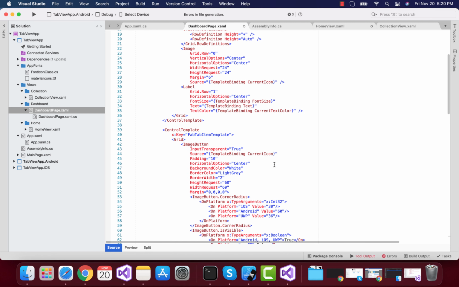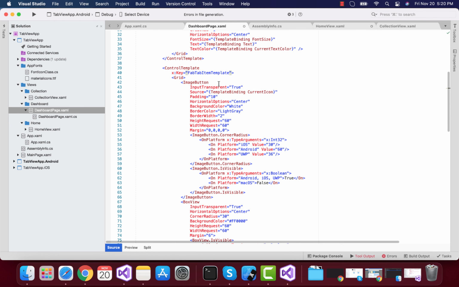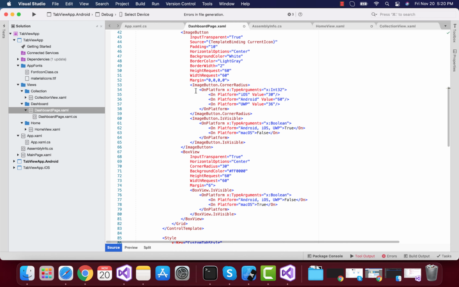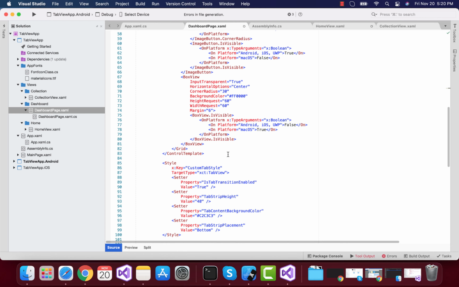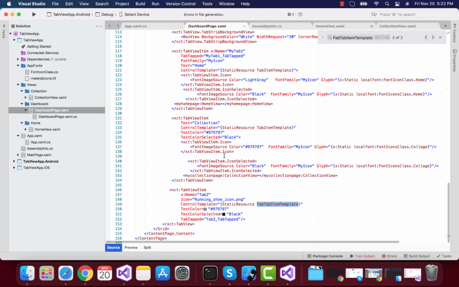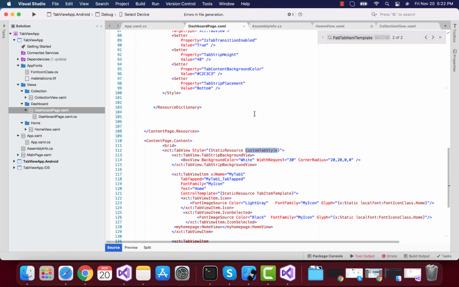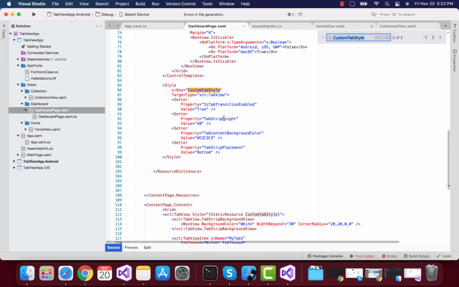So we have to define our fab tab item over here, that is inside your control template. So this fab tab item is going to call all those properties from here. So I have taken all this code from our Xamarin Community Toolkit main repo, that is our Git repo. I'll just give those links in my video's description too. If you like it, just go over there and give a star.